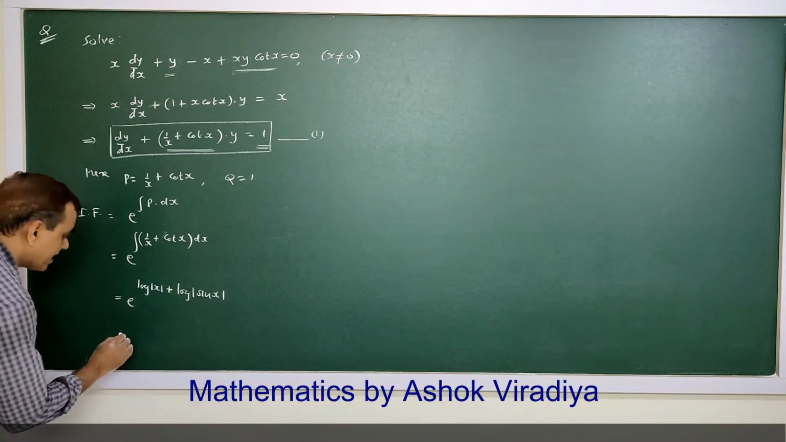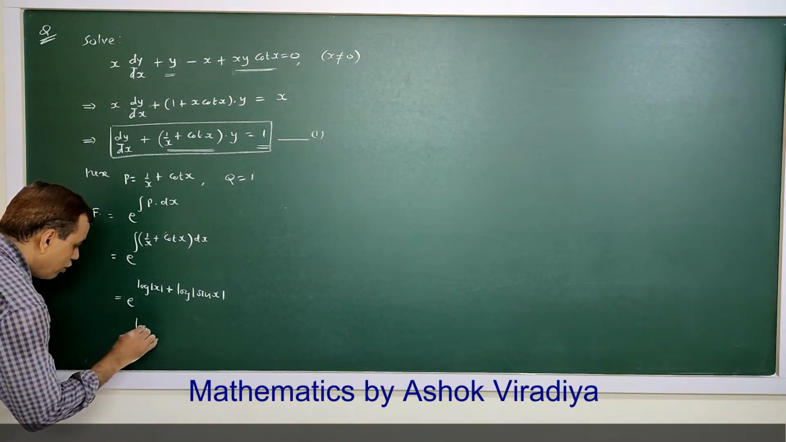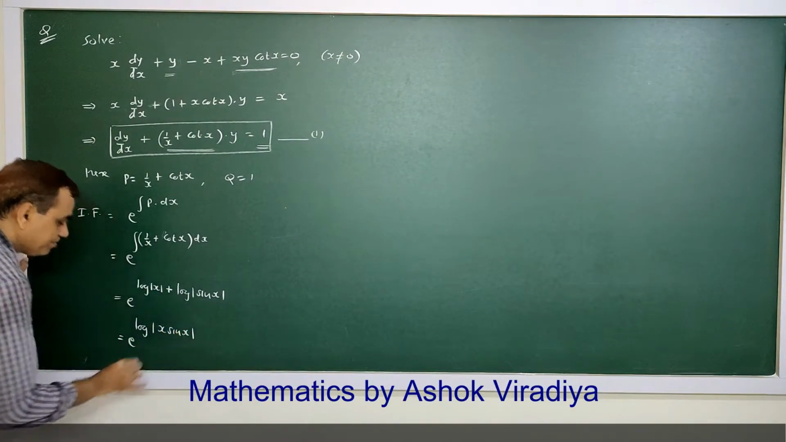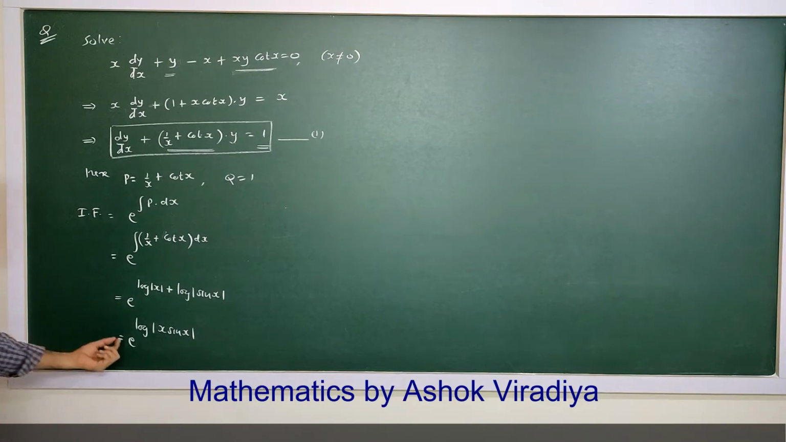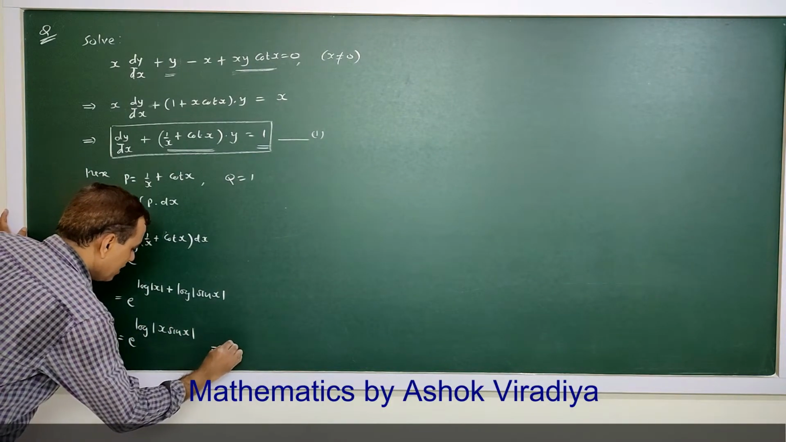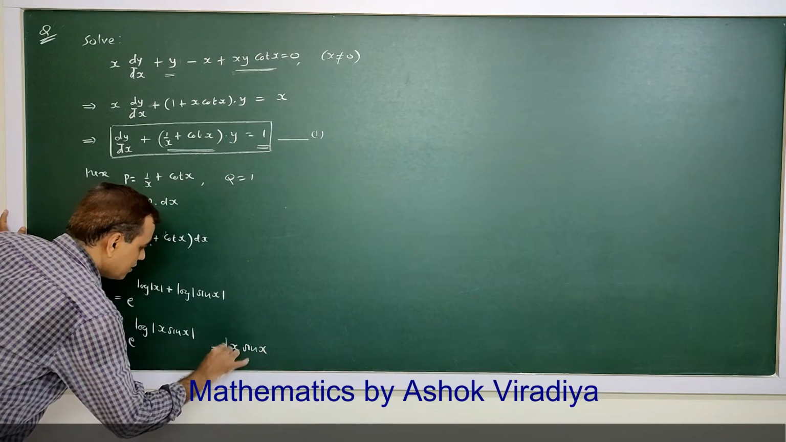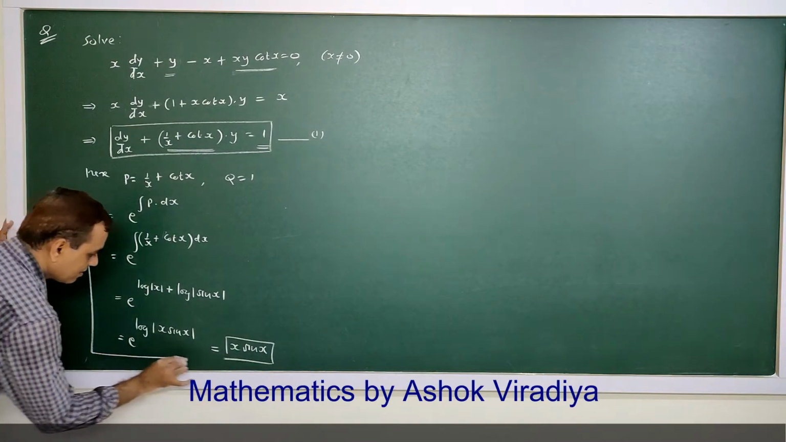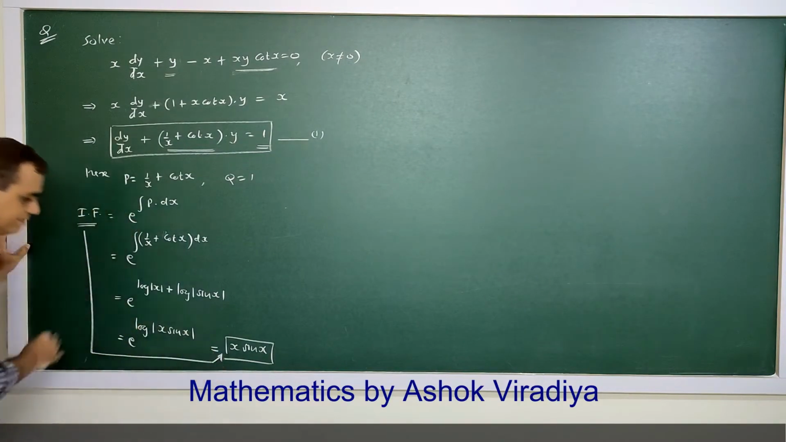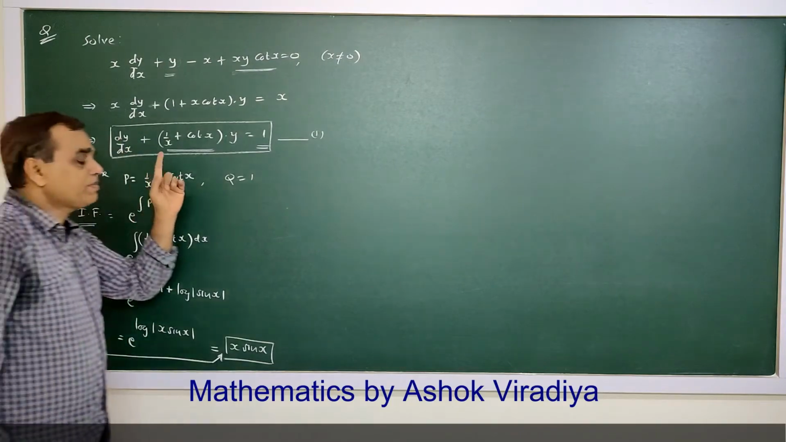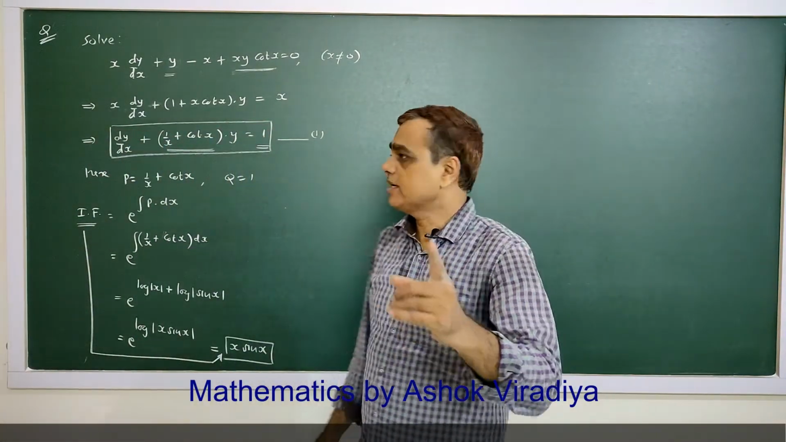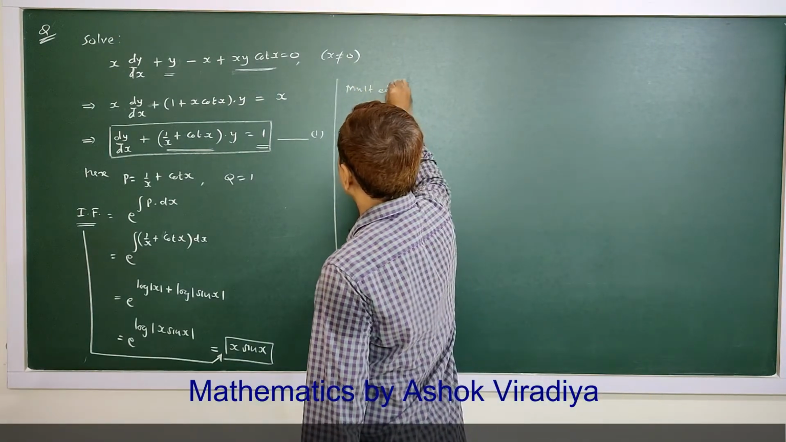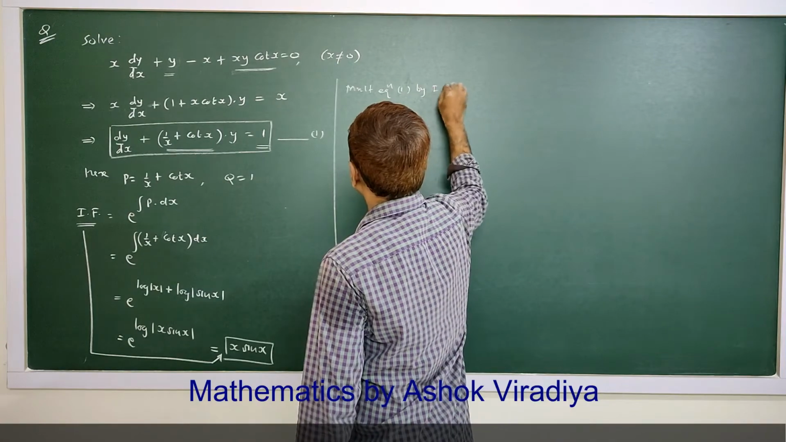So applying the working rule of log, e raised to log a plus log b is log a into b, and e raised to log y is equal to y. So this is the integrating factor. Now we multiply equation 1 by the integrating factor. So multiplying equation 1 by the integrating factor,